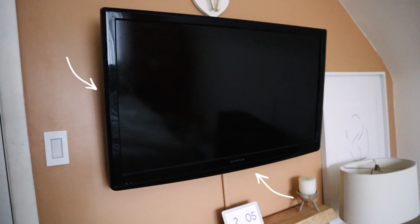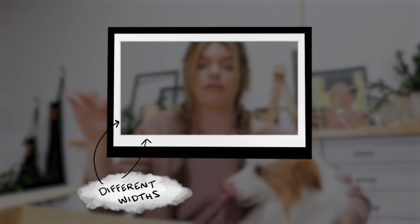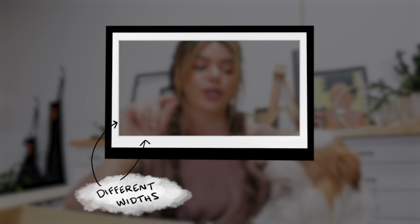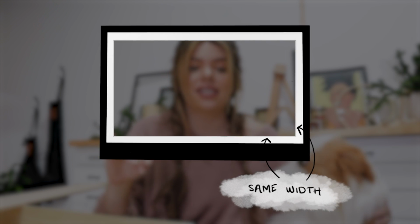So my TV does this really fun thing where the sides around the TV are not all the same width. I think newer TVs have since fixed this because it is difficult and just looks wrong. Yeah, I know, it looks bad, doesn't it? So I have some options here, and one being I just make everything the same size as the TV the way it is, but then I think it'll be even more obvious that it's off because you'll see it on the white too. What I think I'm gonna do instead is do the black trim in different sizes,